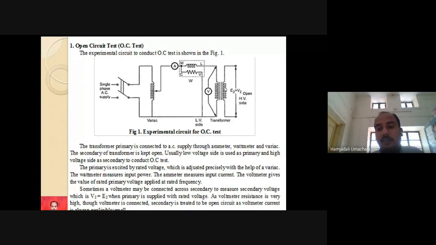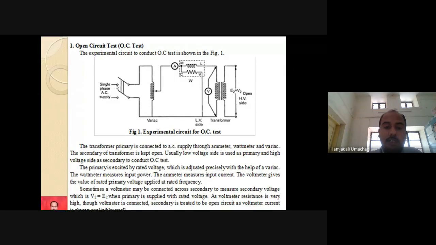So this is my single phase transformer which is excited by a variac or dimmerstat, a single phase auto transformer, and the supply to the auto transformer will be from a single phase AC supply. So this is the circuit diagram for the open circuit test. Open circuit test means, remember, the HV side is always kept open, where HV stands for high voltage. So the HV winding should be kept open, whereas the load and the measuring instruments should be connected on the LV side.